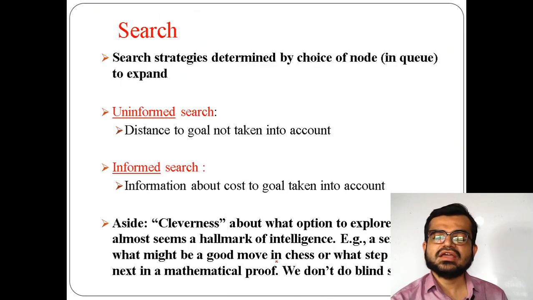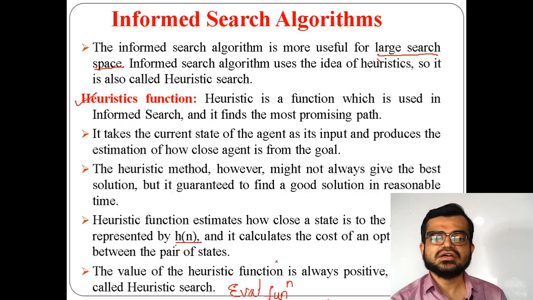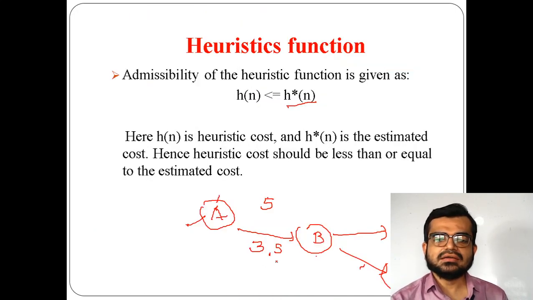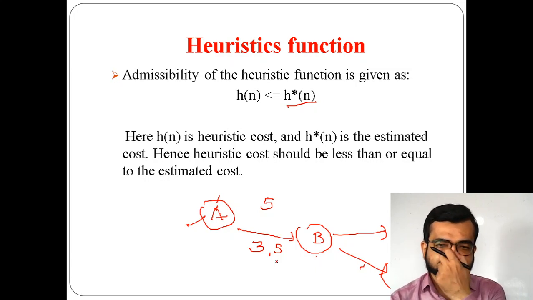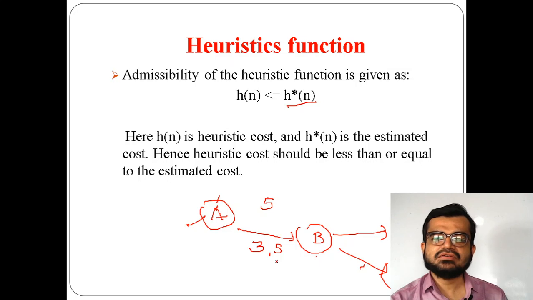the categories of search, that is uninformed and informed search. What are the drawbacks of uninformed search? What is uninformed search? And also we discussed what is informed search, what are the advantages of informed search, what it is for, and why informed search is called heuristic search, because it uses a heuristic function. What is a heuristic function we also discussed, and in the heuristic function what is an estimated cost and what is an actual cost,